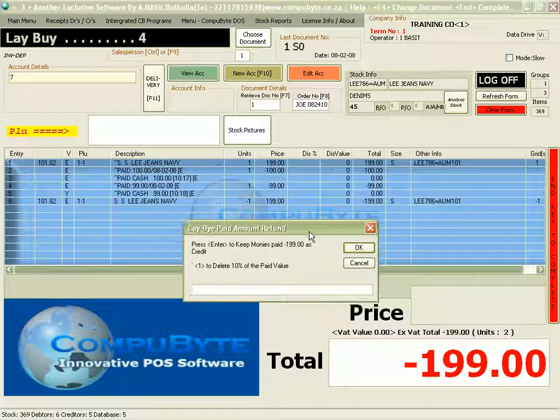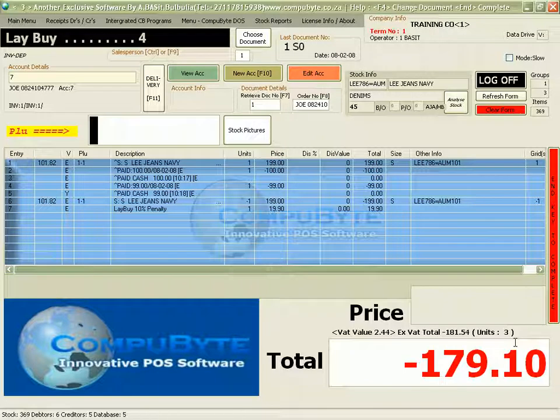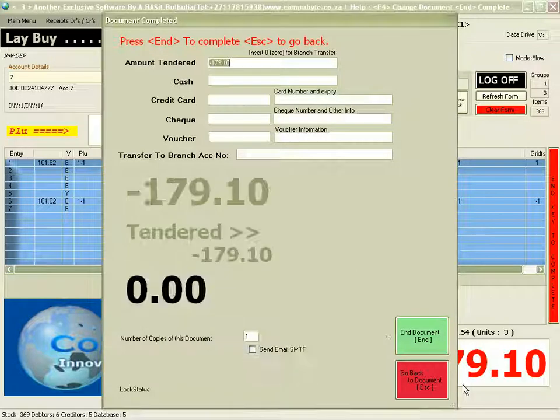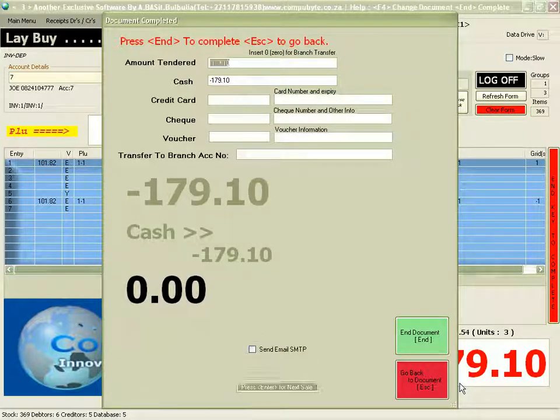But let's say he returned the whole LayBuy and he wants his money back. Then you could, according to the regulations, choose 1, and then it will deduct 10% of the paid value. If you want to give his full money back, you will just press enter. In this case, I'm going to use the regulated conditions of the LayBuy by putting 1, and now the 10% penalty of 1990 is taken off, and you're only going to return to the customer 179 rands and 10 cents. You press the end button and you return the 179 rands, which will come off your till,